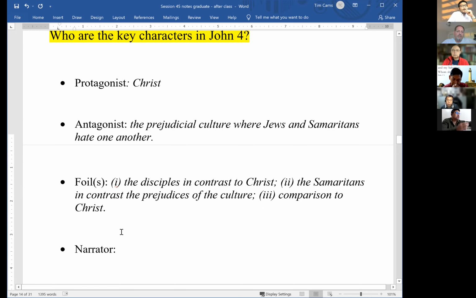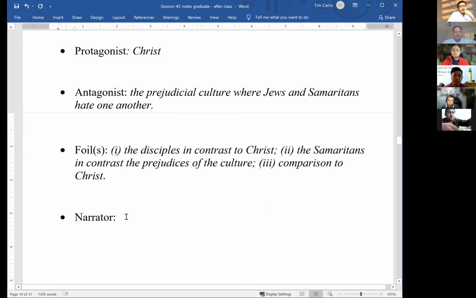And then we didn't get to this. We left off at the narrator. As I've mentioned many times, I think the key to really understanding narratives and authorial intent in those narratives and the point of the story is to follow carefully the narrator. Even the most subtle, the most seemingly insignificant statements by the narrator can be important in the story. And I think one example of this, I don't know if we've discussed this, so forgive me if we have,